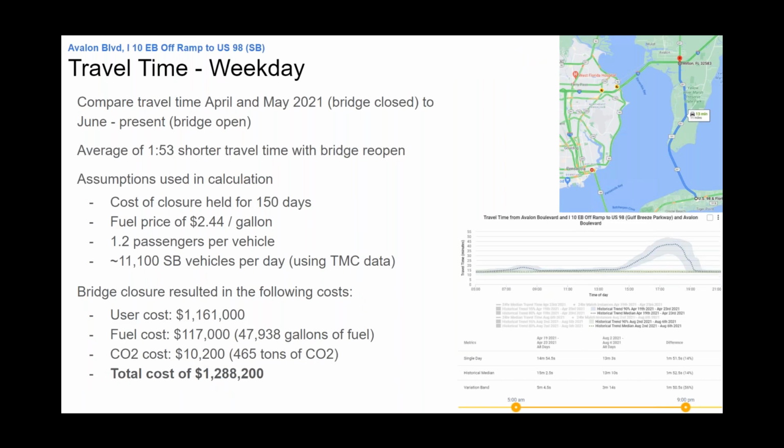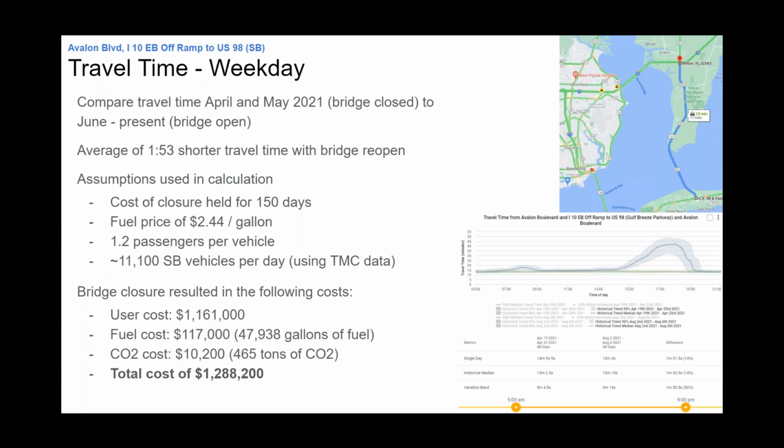When we look in the other direction, it was about half as much. It wasn't nearly as bad, because once everyone is in the city, getting back to the city is a little bit more spread out. The spike was more near the PM period when maybe people are coming back from dinner, things like that. And the volumes were a little bit lower because many people live in the city or live on the other side, not on the beach. And so the impact was a little bit lower.